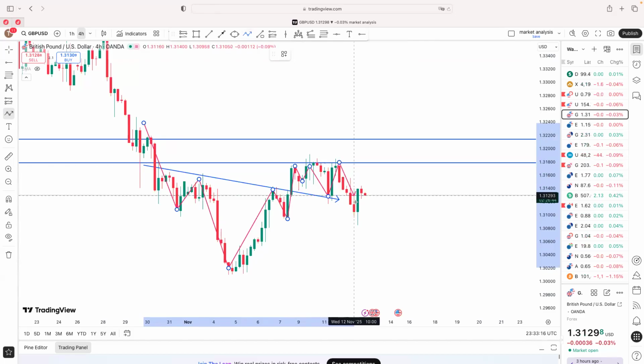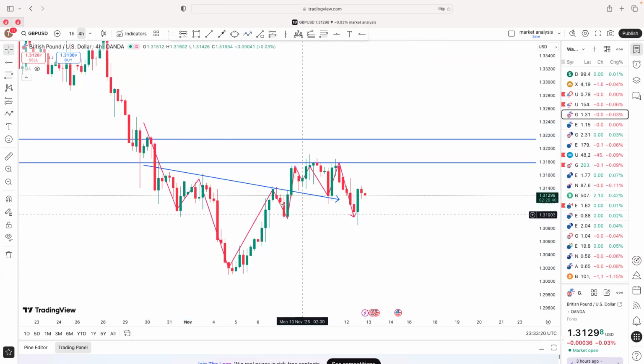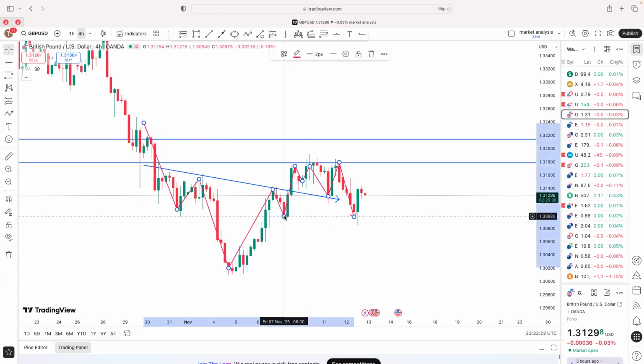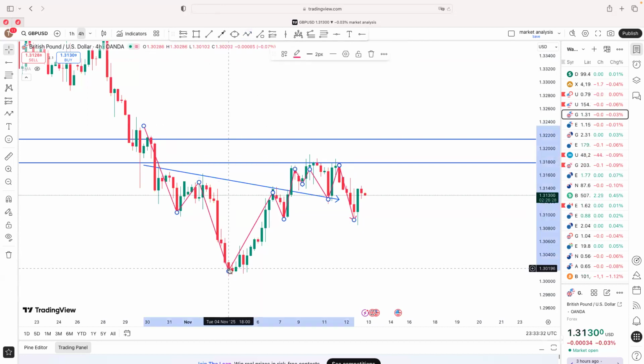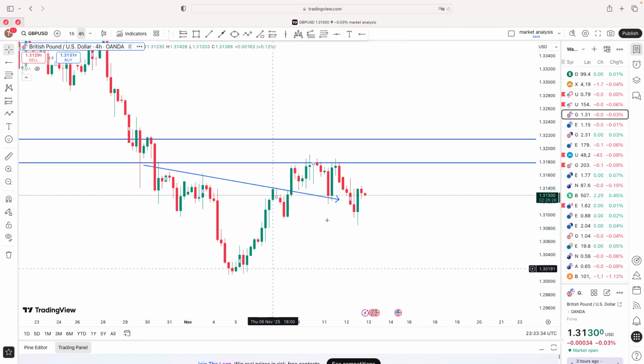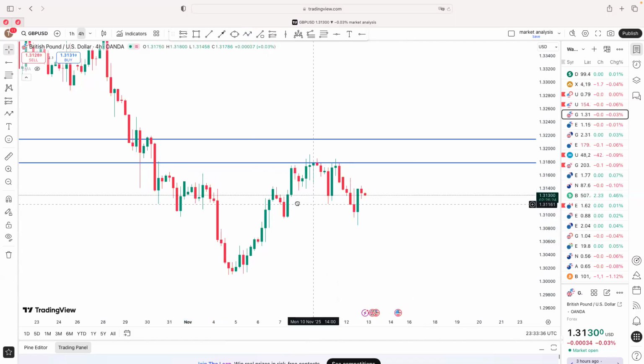But look at this now. They went inside. This inverse head and shoulder didn't hold, which shows that there is some selling momentum in this particular area. Now, when this inverse head and shoulder didn't hold, let's erase everything and look at the fact